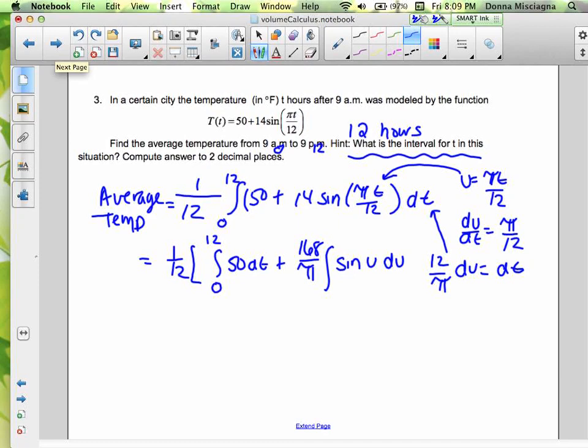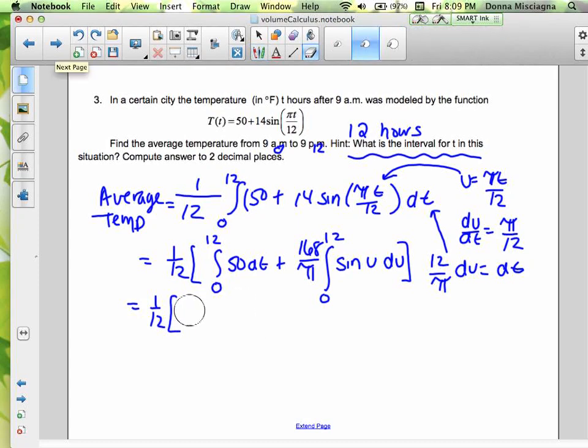Should we change the limits? Nah, we'll just substitute back. We've changed them so many times. Let's just substitute back on this one. There we go. Equals 1/12. So now we'll integrate and evaluate. All right, so this is going to be 50t. And because I didn't change the limits, I don't have to worry about changing, I can just write it all together and put the limits of integration at the end. So we have 50t plus